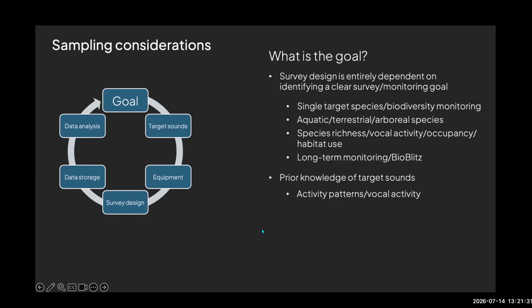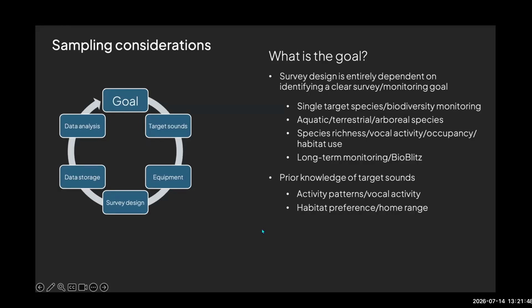Do you have any prior knowledge of the target's sounds that you're really interested in? For example, do you know anything about the activity patterns or vocal activity? What is it like during the day? What is it like over the whole year? Do you know anything about habitat preference or home range? Do your species or your target sounds move around a lot, or are they more stationary at a